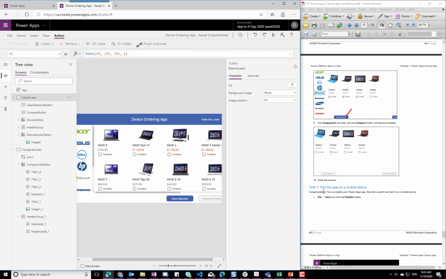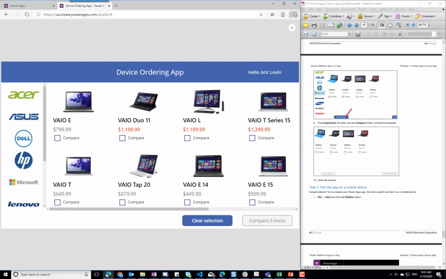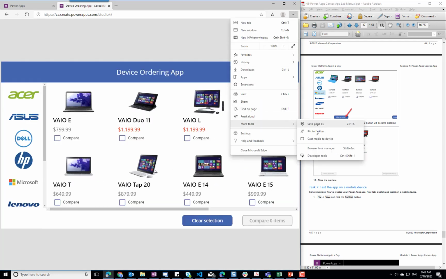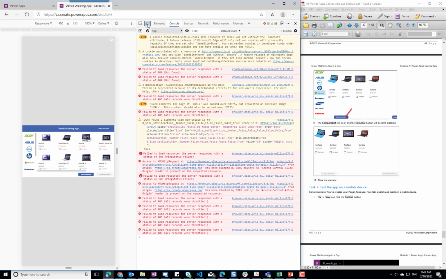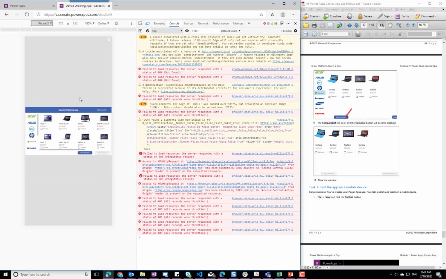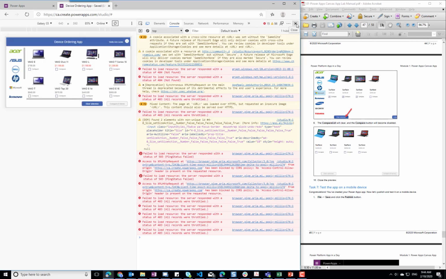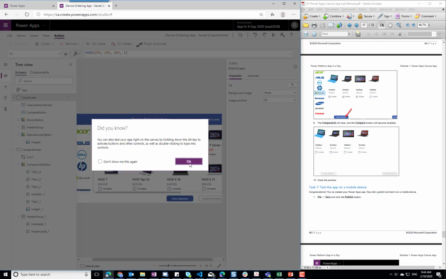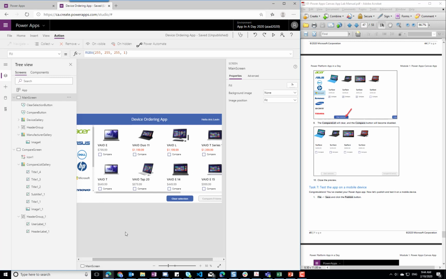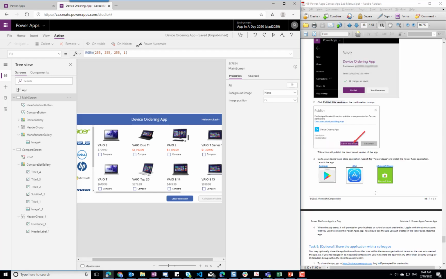We're going to skip the testing of the app on the mobile device. However, if we do want to check it out, we can always go to Developer Tools and select to use iPhone, for example. And this will show me how this looks on the iPhone. And go ahead, close it. And that is the last task